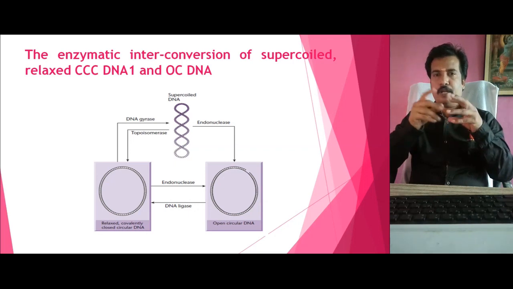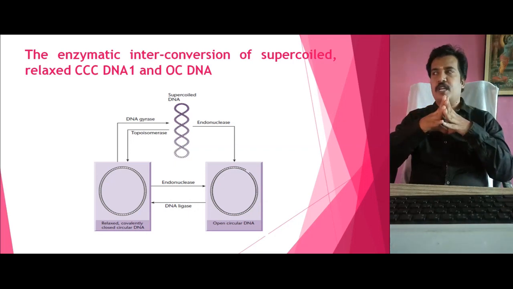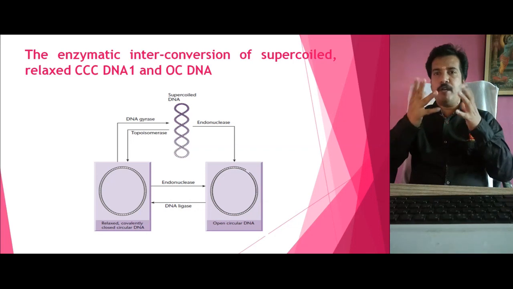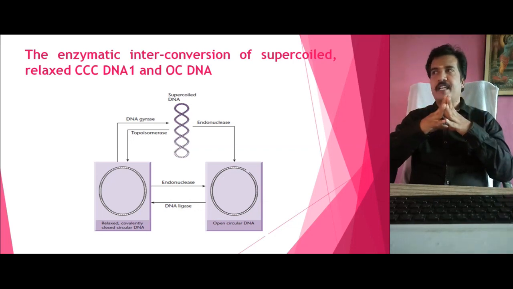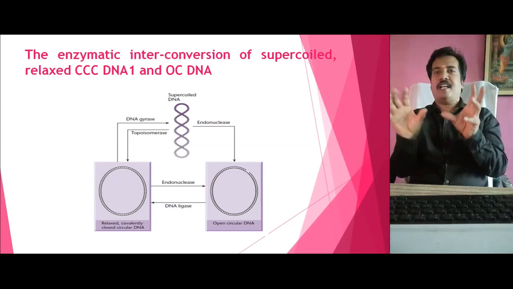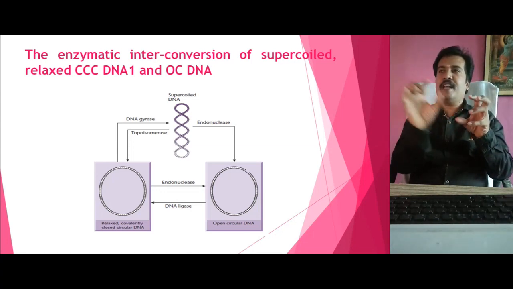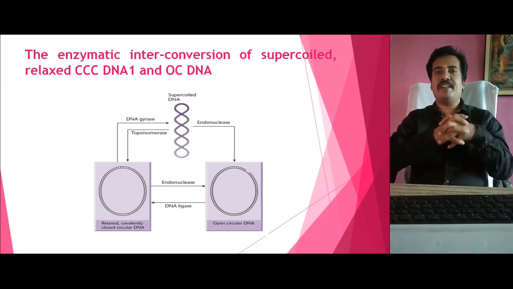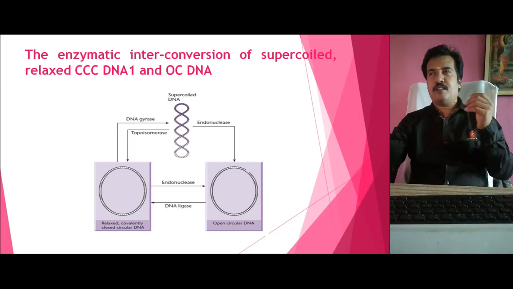Generally, supercoiling happens for some strain reasons, and this supercoiling is removed by endonuclease activity, which nicks one of the DNA strands from its outer surface. Then it relaxes and forms an open circular DNA, and the nicked part is once again joined by DNA ligase. So these are the three possible forms in which a plasmid can exist.